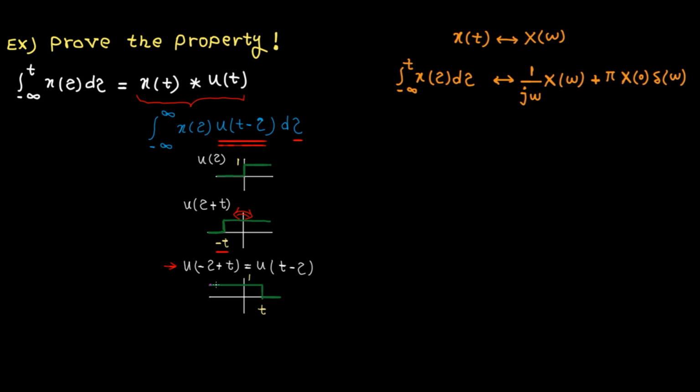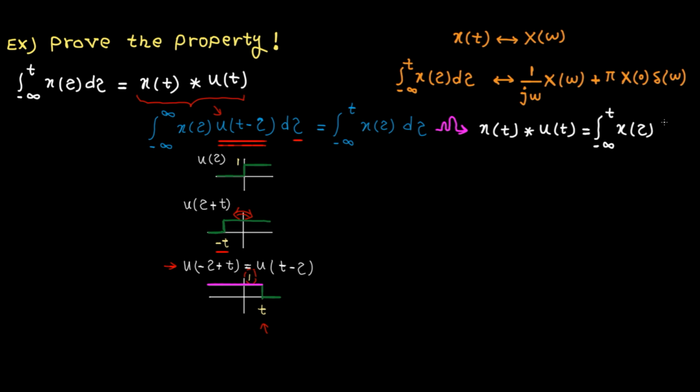As you can see, the signal is non-zero for tau less than t. So we can say the integral is non-zero from minus infinity to t. Also, during this interval, this step function can be replaced by 1. So we basically prove that x(t) convolved by unit step is equal to this integral. Now, as these two are equal, to prove the time integration property, we just need to find the Fourier transform